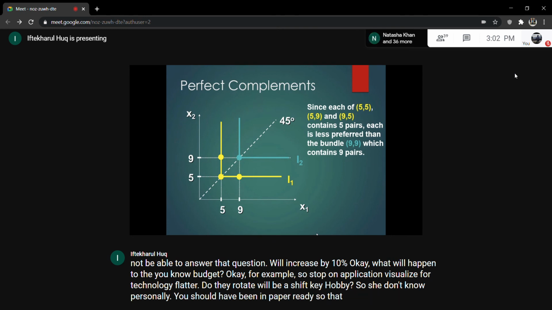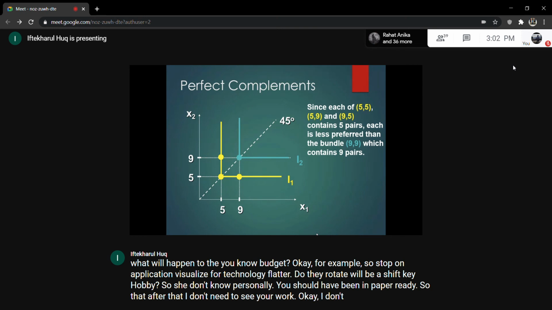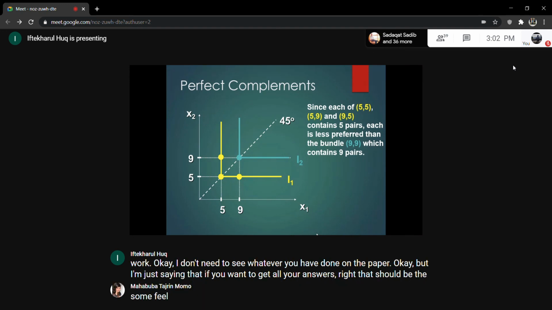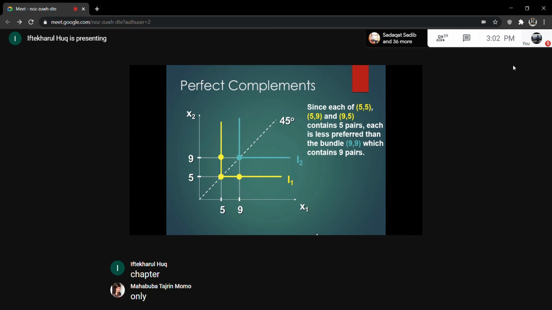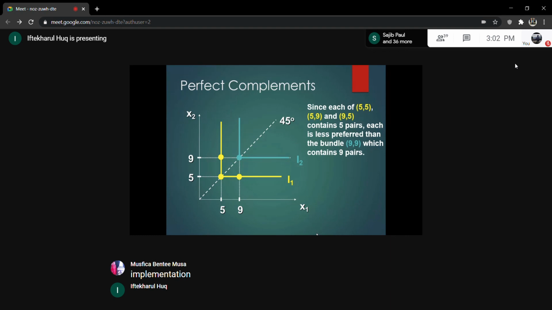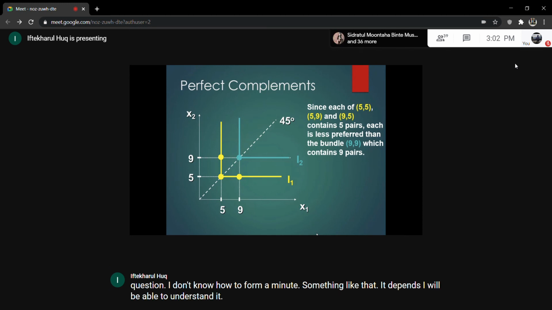I don't need to see your work. Okay, I don't need to see whatever you have done on the paper. Okay, but I'm just saying that if you want to get all your answers right, that should be the approach you should take. Okay, and I want you chapter 2. Only budget constraint, right? Only budget constraint, not this one, not preference. Only chapter 2. টাইম লিমিটেশন কতক্ষণ? 10টা কোয়েশ্চেনের জন্য হয়তো 15 মিনিট, something like that. It depends. আমি আগে প্রশ্নগুলো করলে I will be able to understand যে আনসার করতে কিরকম সময় লাগতে পারে।